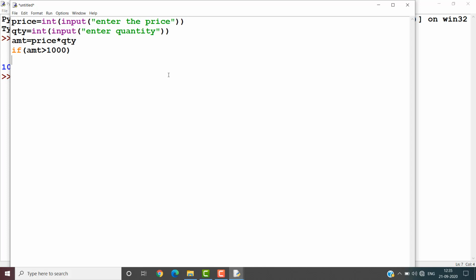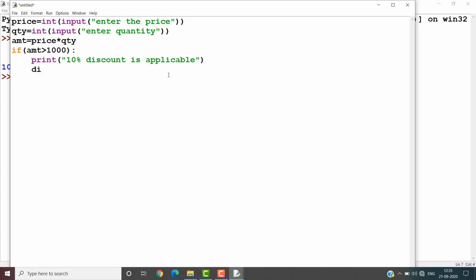Means for 1000 rupees you are giving a discount. Okay. So what have we missed here? Colon. If you put the colon here, it automatically gives the indentation. Then what are you printing? If the purchase value is greater than 1000, you will get 10% discount. So print 10% discount is applicable on the particular item. Okay.